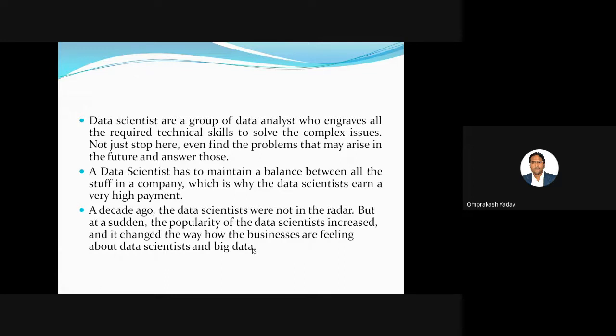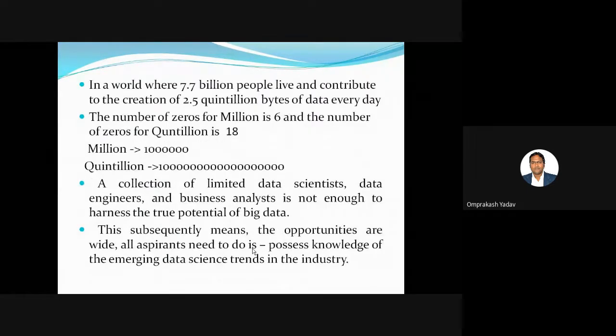See, the main motto of this particular course is to put you on this data scientist path, but there is no force at all. I'm not forcing you to go into this particular field only. It's absolutely your wish, but definitely the next 15-20 years will be devoted to the data science, AI, machine learning field. So people who are not acquiring this knowledge will not have that particular edge. If you want to keep up with the current market, you should learn all these technologies. Later I will also look at whether these technologies will hamper people's jobs, that also we are going to see.